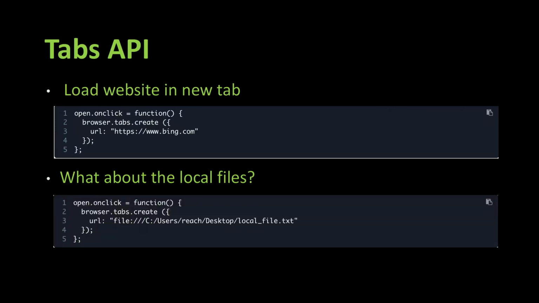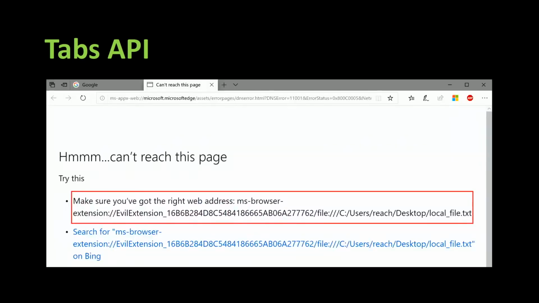So then I replaced the Bing URL with a particular local file URI to try to figure out how the browser will treat it. Will it open it or not? The next moment, Edge gives me this nice error: okay, I can't reach this page, make sure you have got the right web address, that is